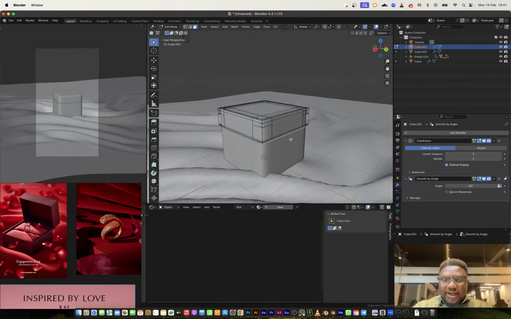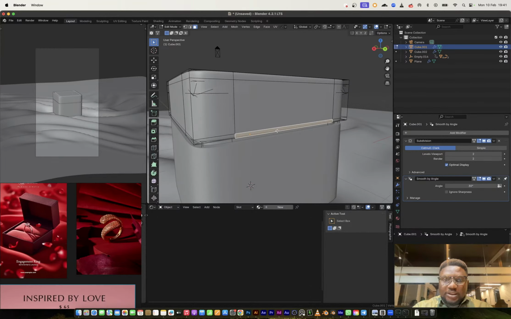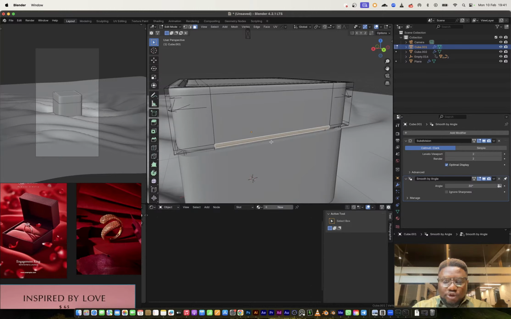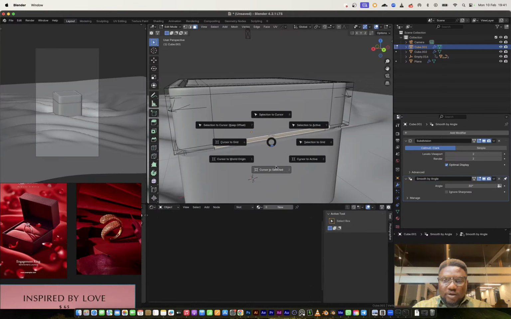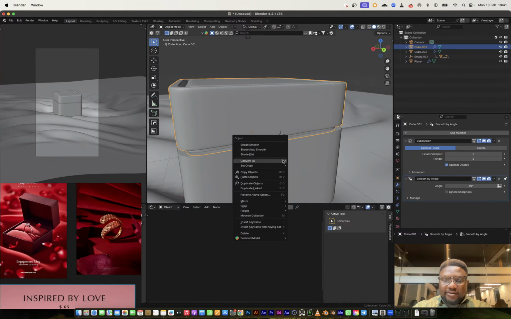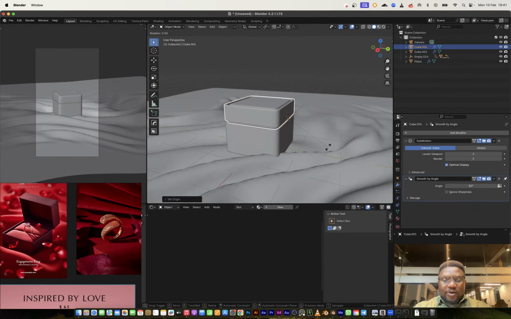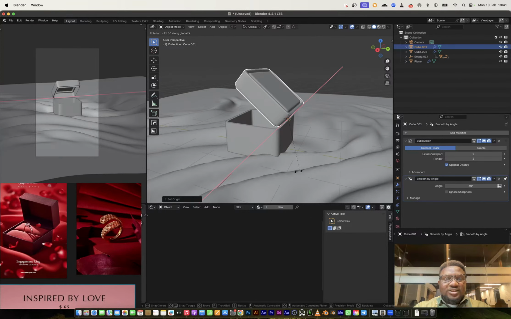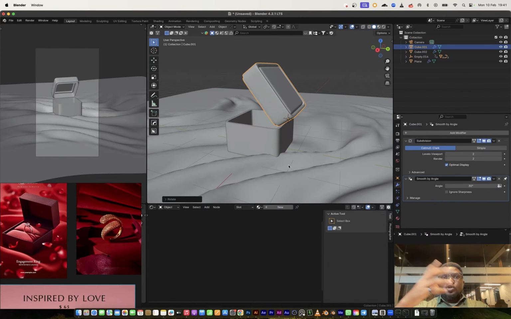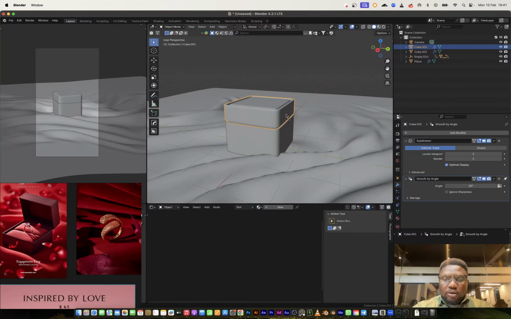So what I can do to show you guys what the animation is going to look like, I can bring cursor to this selected. I can right click and select origin to the 3D cursor, and I know that when I RX, it's just going to open. So the idea of the animation is just going to be pushing the box open, the ring comes out, and my ribbon comes in. I hope that's not going to be too much going on, but let's see.